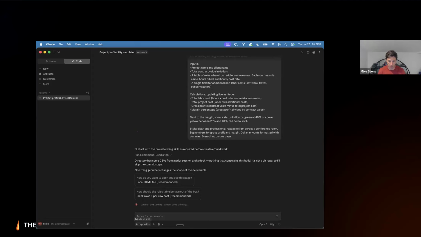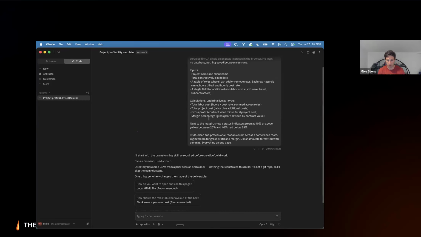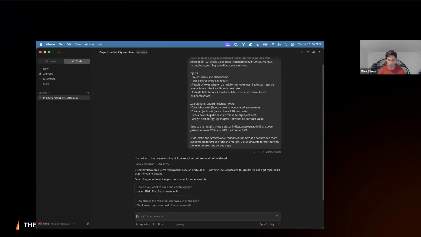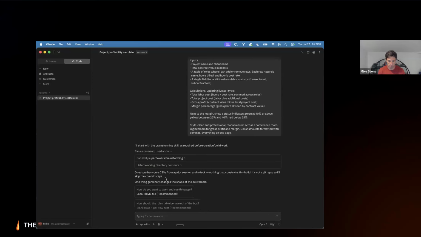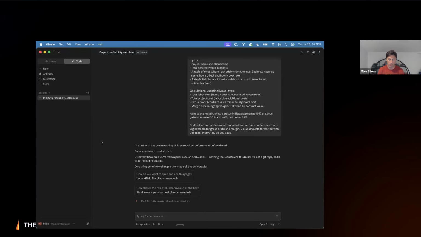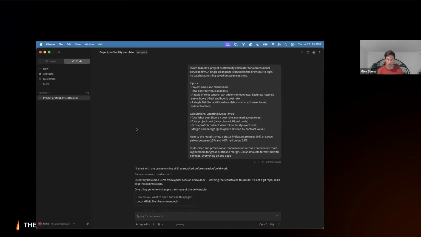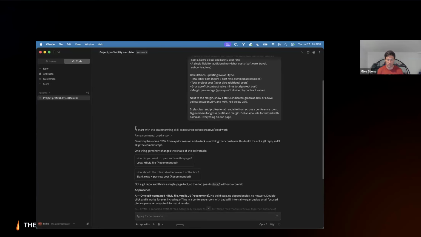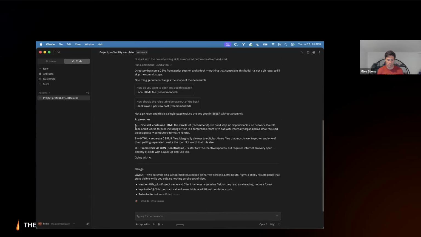But you can see, despite starting in plan mode, Claude's actually determined that this is pretty well defined. We can just move into the auto mode. That was done as part of this brainstorming skill that I have preloaded here. But if this was a more complicated build, we'd get a lot more information and a lot more questions from Claude to determine what the plan should be.